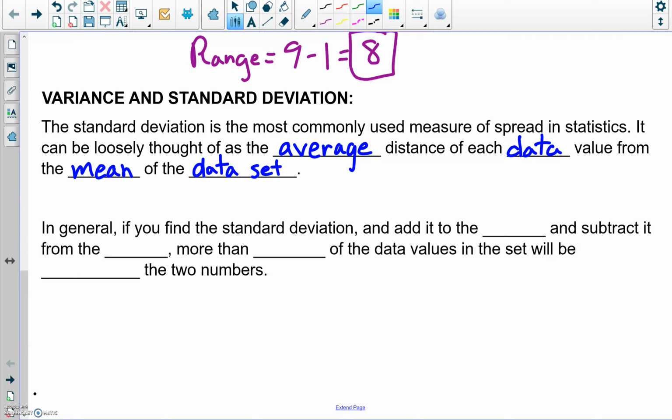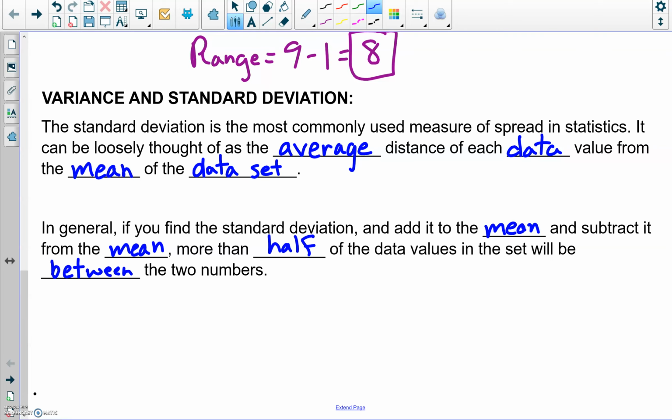And you'll see when we start looking at the formula, there's this idea of average in the formula. We can think of this as just the average distance, average difference even, of each data value from the mean. So in general, if you do happen to find the standard deviation, it's going to be a number. And then if you add it to the mean and subtract it from the mean,